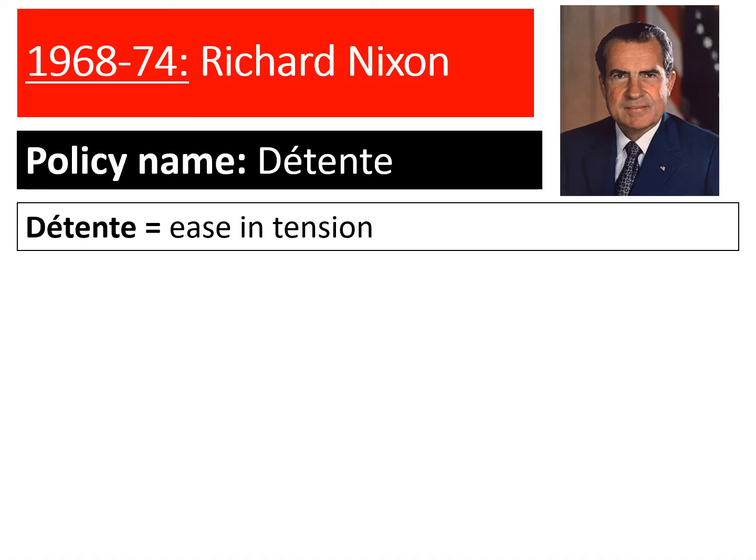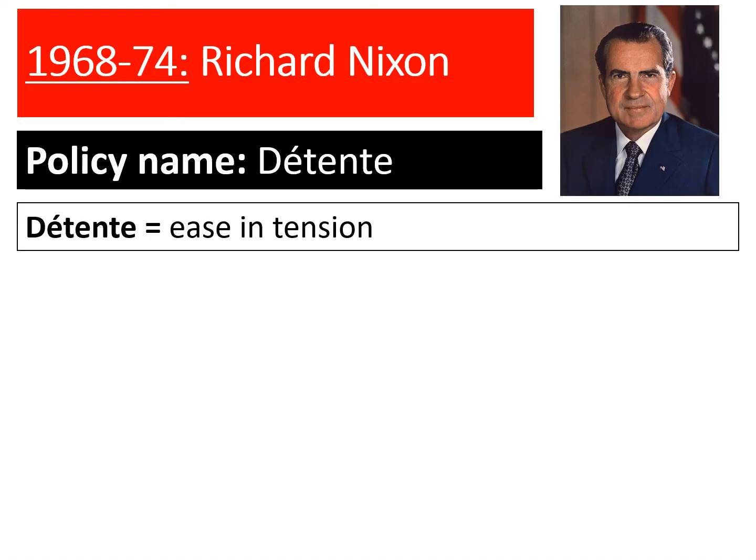The next president to win the election in 1968 is Republican Richard Nixon. Now, his policy doesn't really have a name, but he did follow an idea of something called détente, which means an ease in tension. So the period of the early 1970s in particular is known as a period of détente, and most of that is because of the work of Richard Nixon. He was a very successful president up until obviously the Watergate scandal that began in 1972 and leads to his resignation in 1974. But let's look at some examples of Nixon trying to create détente, specifically between the USA and the USSR.